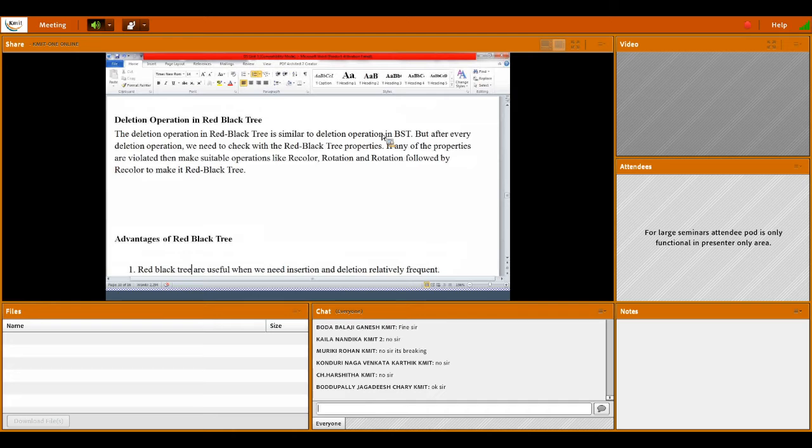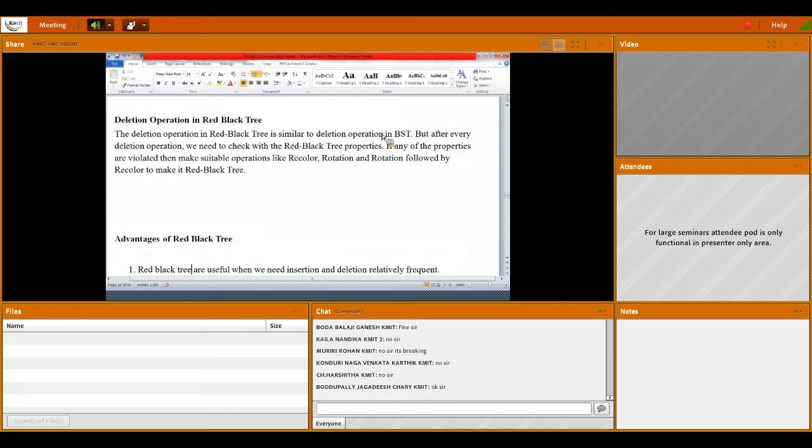If any of the properties are violated, then make a suitable operation: recoloring, rotation, or rotation followed by recoloring. 3 operations are there to make the tree into a red black tree. These 3 are very important.